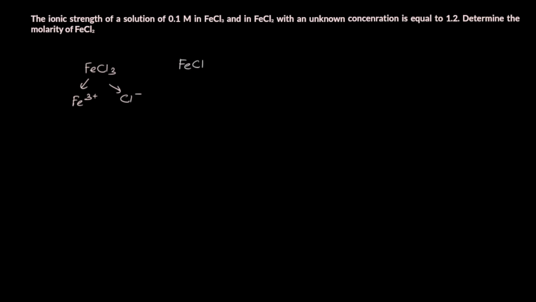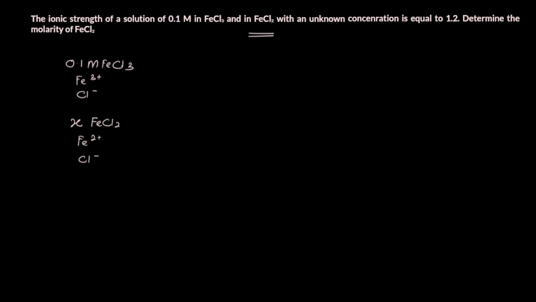So, moving on to FeCl2. So, this one will be Fe2+ and the other one will be Cl-. Alright, so now we can predict what is the concentration of the unknown FeCl2, the unknown concentration of FeCl2. So basically the ionic strength is given to you, which is 1.2. So your ionic strength is equivalent to 1.2. So you can write 1.2 is equivalent to half times, we're going to start with this FeCl3 first, so 0.1 times